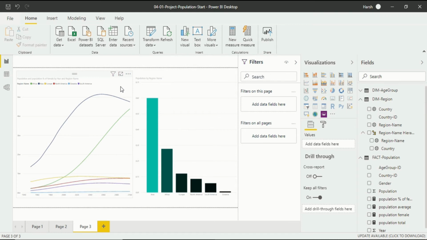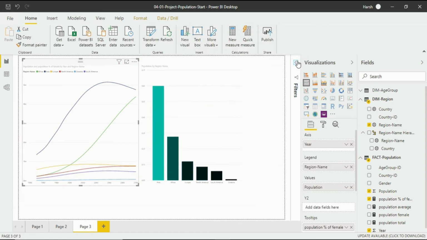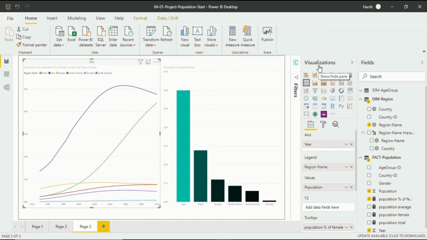Now let's format this line chart first. So how do I format it? Before going any further, you have to click and select the specific chart you want to format. And after that, go to the visualization pane. Before going any further, I will create more space in the report view so that you would be able to see the chart in a more enlarged manner. So I will collapse this filter column. Now I will click on this, and the filter column will collapse. After that we will get to the visualization pane.